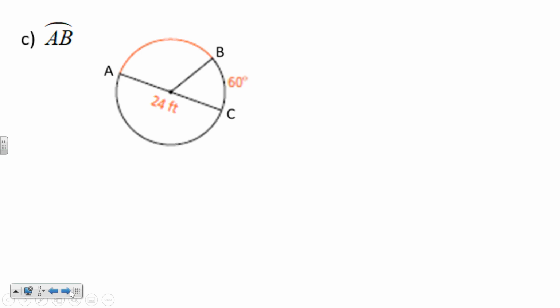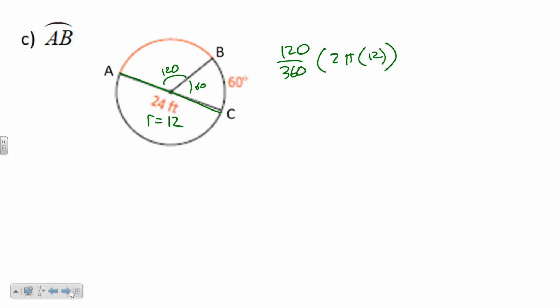And again, really it's just plugging these numbers in. This one gives you the diameter, so the radius is 12. We want AB, they say this one is 60. Well, if that's 60, this one has to be 120 because it makes up this diameter. So same thing, 120 divided by 360, multiplied by 2 times pi times the radius, which is 12. So 120 divided by 360 is 0.33, multiplied by 2 times pi times 12,